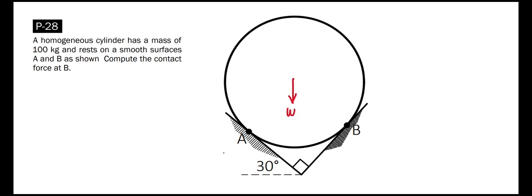Let's call this W. And the reaction force at A that is normal to the surface, let's call this R sub A. And this is normal or perpendicular to the surface. And for the reaction at B, let's call this R sub B. Now if we try to draw a vertical line